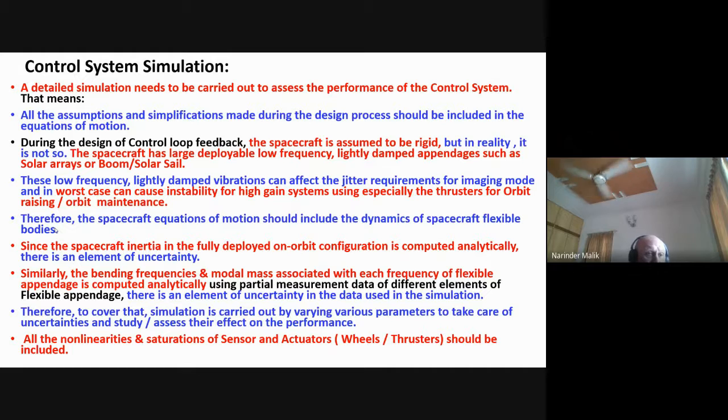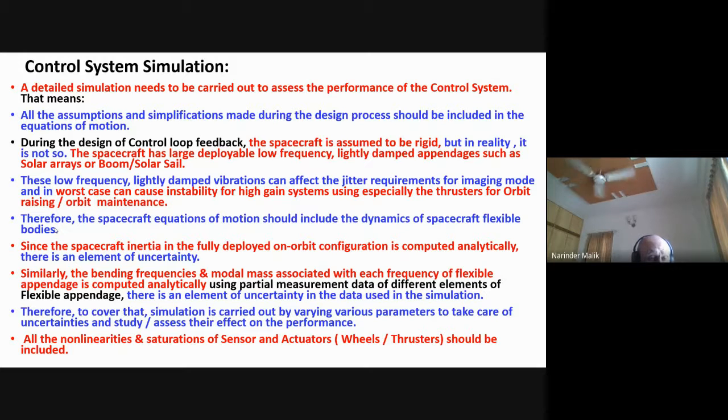Sensors may not be giving you a linear output. For 1 degree, it may not give you 1 degree. For 2 degree, it may not give you 2 degree. It may have a scale factor variation as a function of the input error. Similarly, the gyros